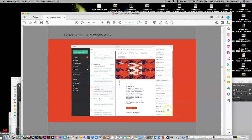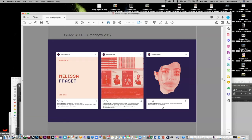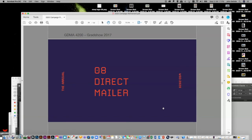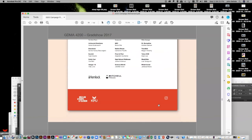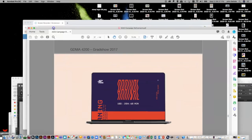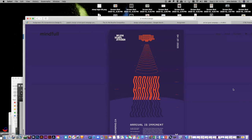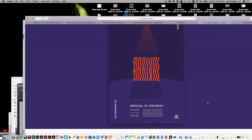Email promotion, social media, some posts. Those are actual posters, direct mailer, and then the grad website. So this was part of the refined work, this would be P3, and then the actual final work was, so this is the actual final poster. We added a little bit of layering, some secondary type elements,